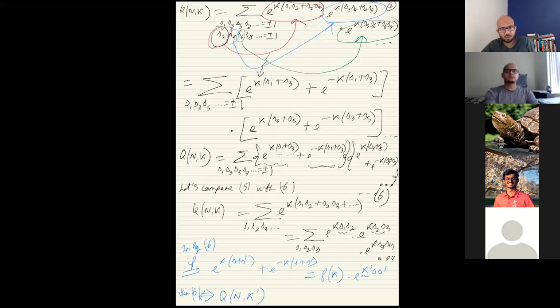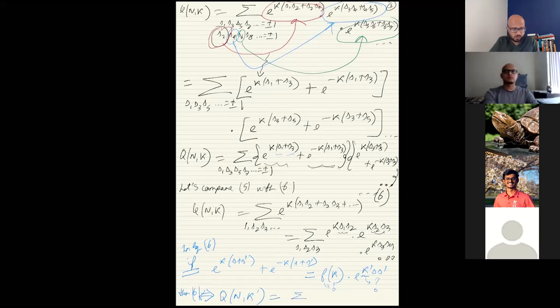We don't know what k prime is. We don't know what f is. We have to figure this out. And we don't even know if such an equation can be written down. But if it was to be written down, then this q of k comma n comma k prime would become